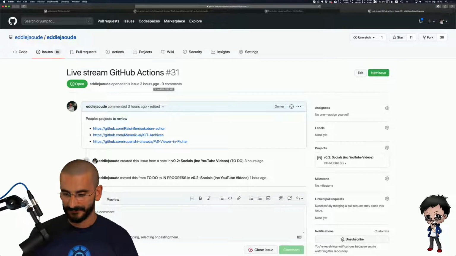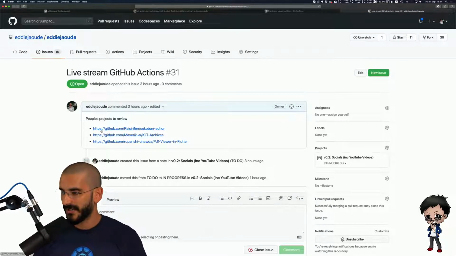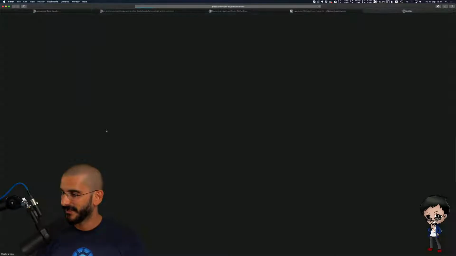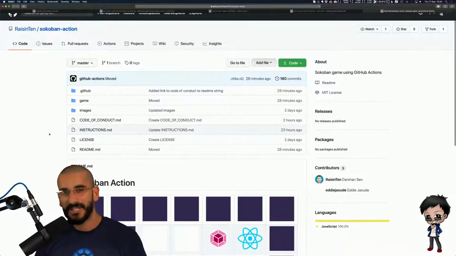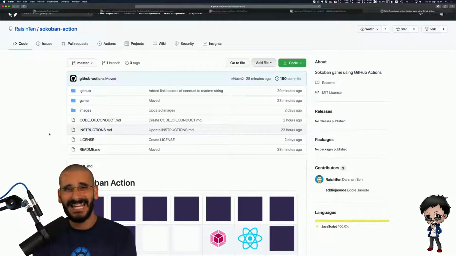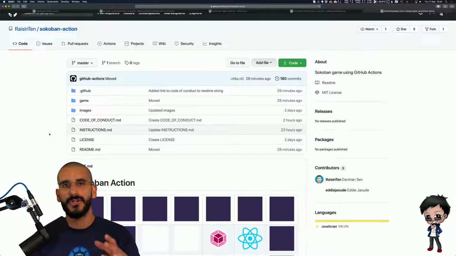What do you think? So who have we got first? This is a game, I think. Let's have a look. This is a game. So you can even write games. People have written games over GitHub Actions. That really shows you how powerful something is if someone can easily not only do the utilities that we want to use on a daily basis for our open source projects, but also do kind of silly, crazy things, which is really interesting.